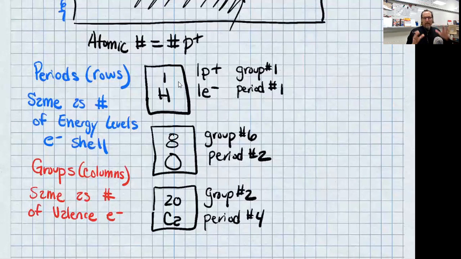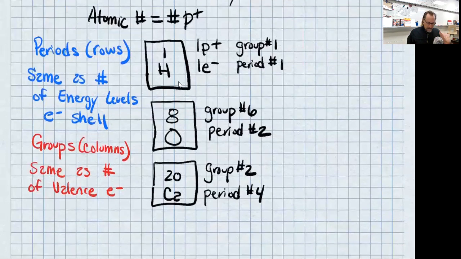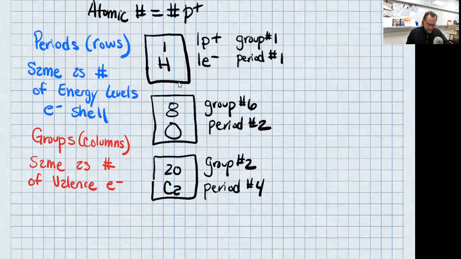And remember that the valence electrons are those electrons in that outermost shell that are important for chemical reactions. And so when we start looking at chemical bonding and chemical reactions, those valence electrons are the electrons that are involved in that. And so because of that, those columns will have similar